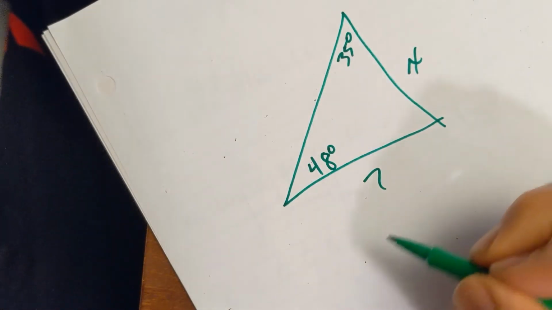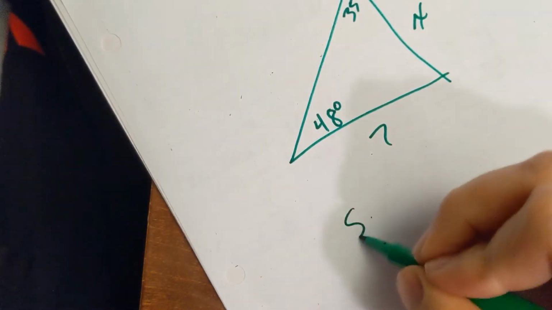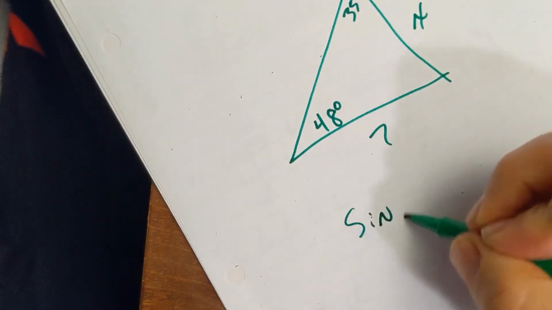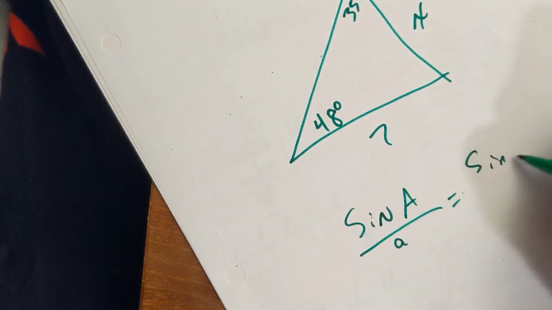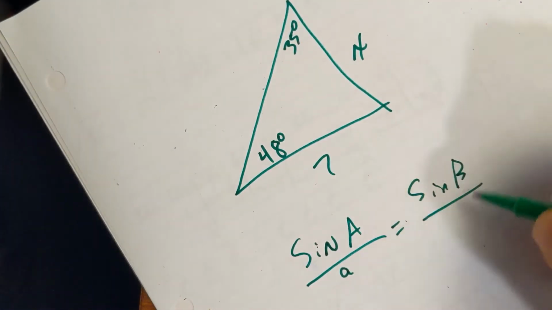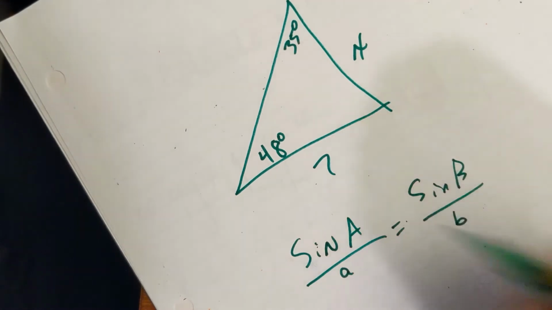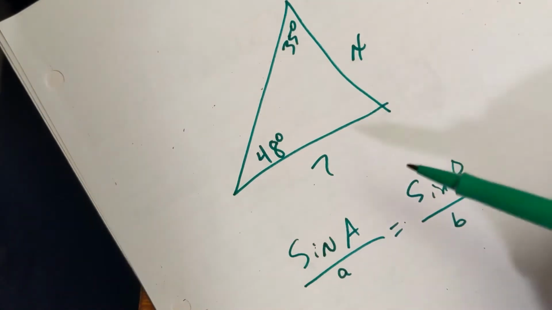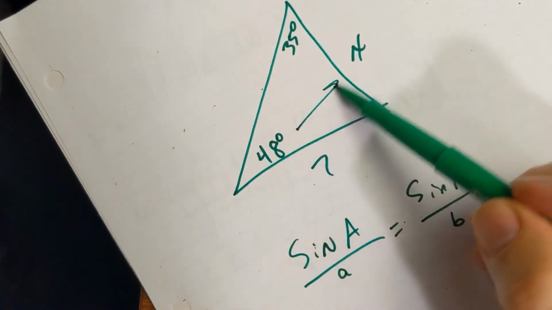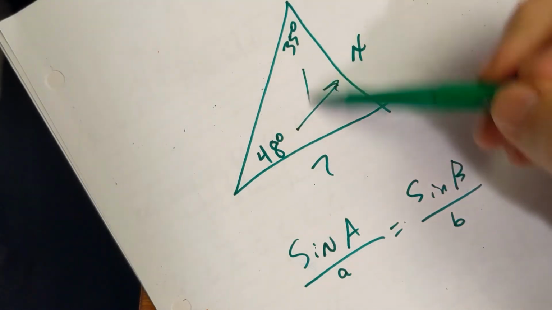Typically, the way that I teach it is I do the sines up top. So sine A over A equals sine B over B. Now, if these are flip-flopped, that's okay too, to where you've got the sides up top and the angles on bottom. Doesn't really matter. So when I take a look at this, because I have this paired together and this